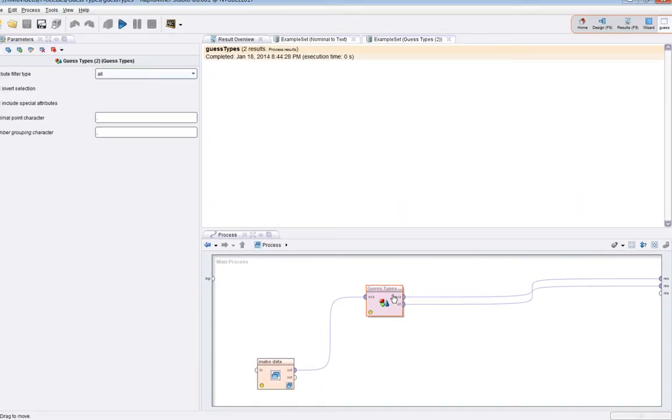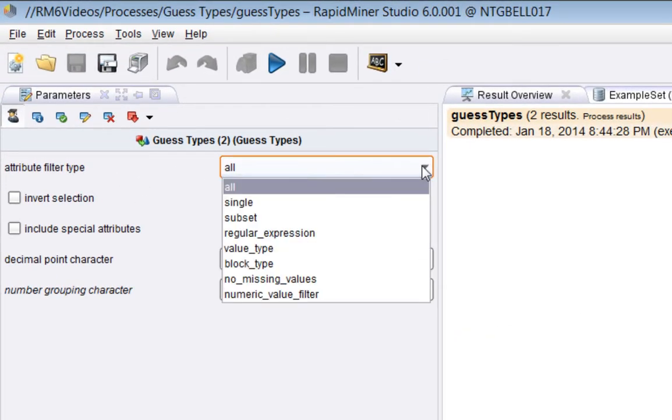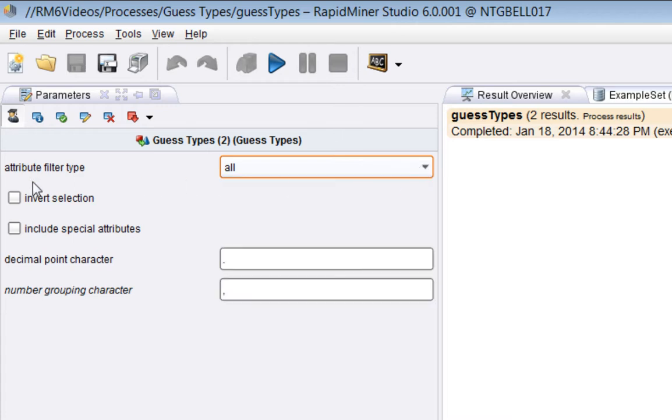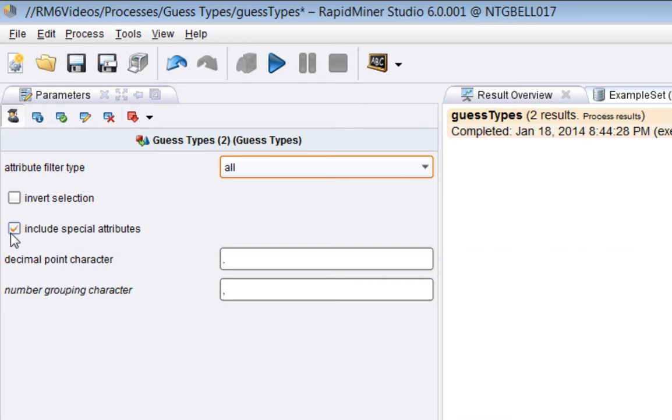If I select guess types, we'll quickly go through these parameters. The attribute filter type, that's been covered elsewhere, but basically I'm setting that to all attributes. I'm not inverting the selection, nor actually do I have any special attributes. If I did, I would have to tick that, but I haven't in this case. I'm setting the decimal point character to just the decimal point dot, and the number grouping character to a comma. That isn't the default actually, but you'll see how that comes in shortly. If we run the process,